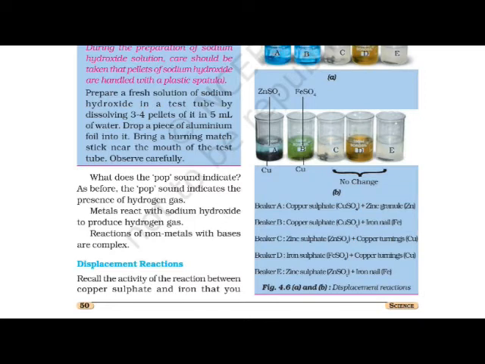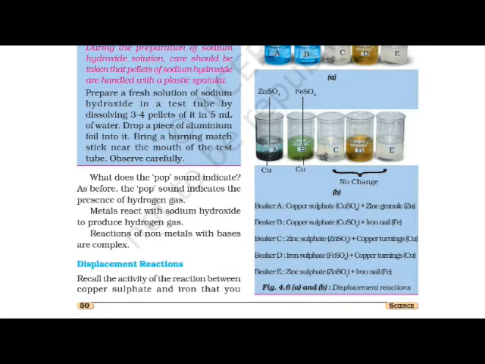A metal can displace another metal from its compound in aqueous solution. In beaker A, zinc replaces copper from copper sulfate. Due to that, the blue color of the copper sulfate disappears and a powdery red mass of copper is deposited at the bottom of the beaker. That you can see in the figure